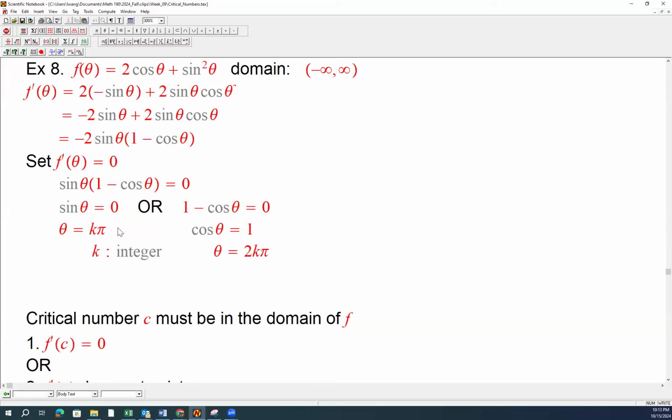If we combine this solution with that solution, k pi includes 2k pi, because k pi includes pi, 2 pi, 3 pi, 4 pi, and so on, while 2k pi includes only the even multiples. So the final critical numbers will just be k pi, any multiples of pi. So here we got lots of